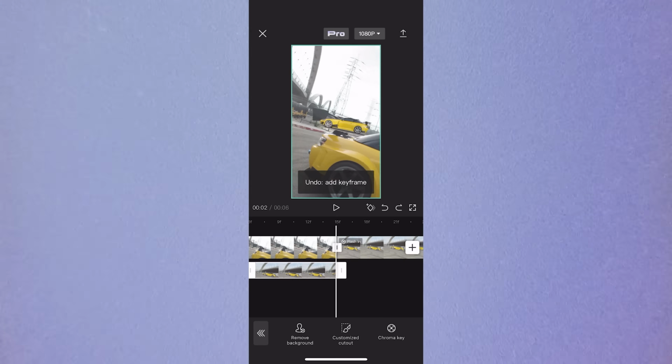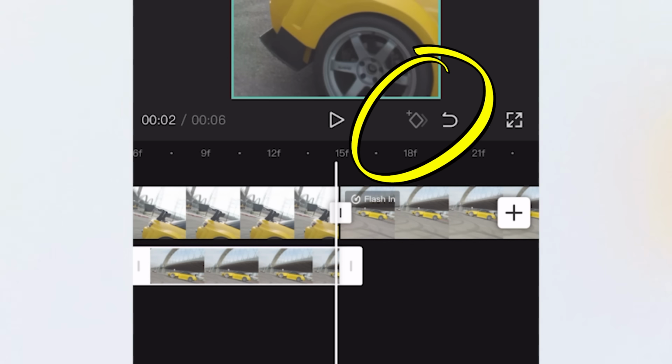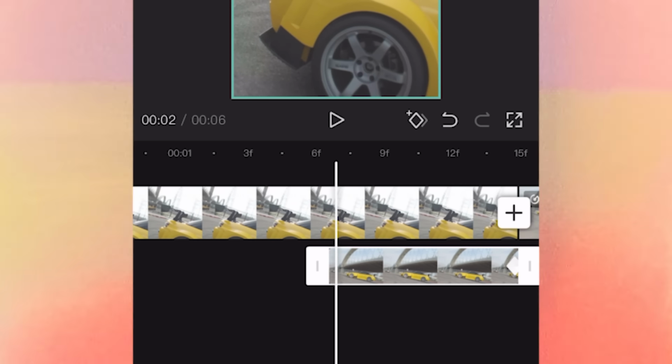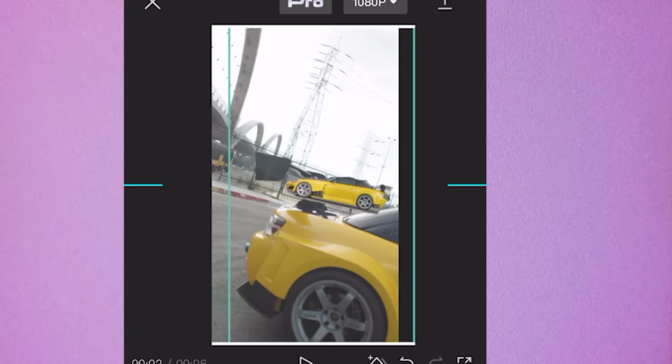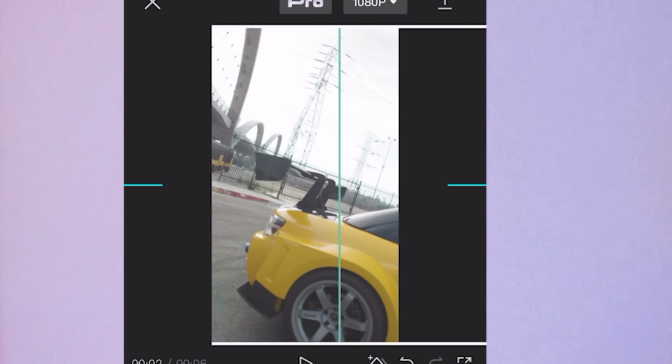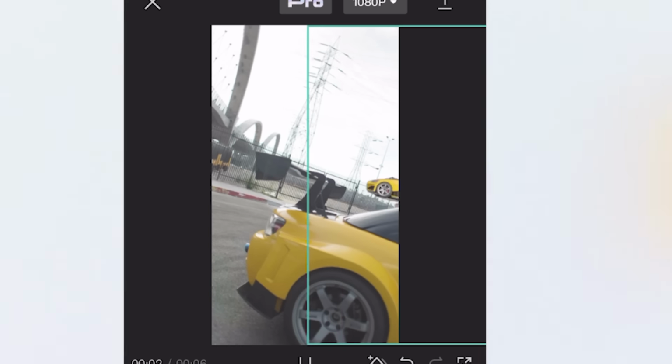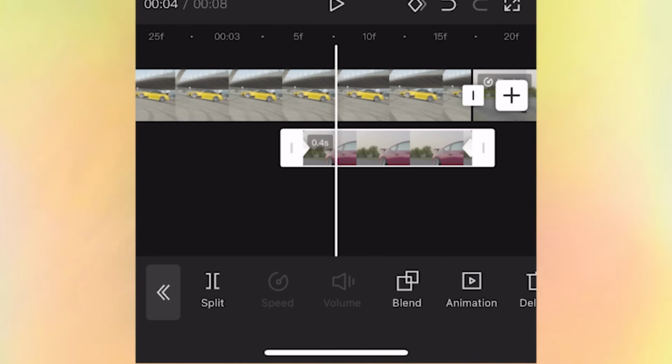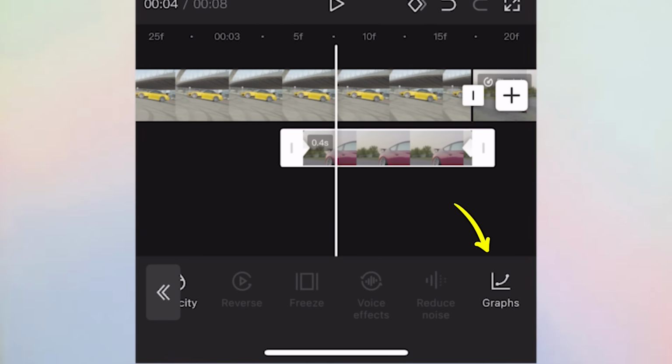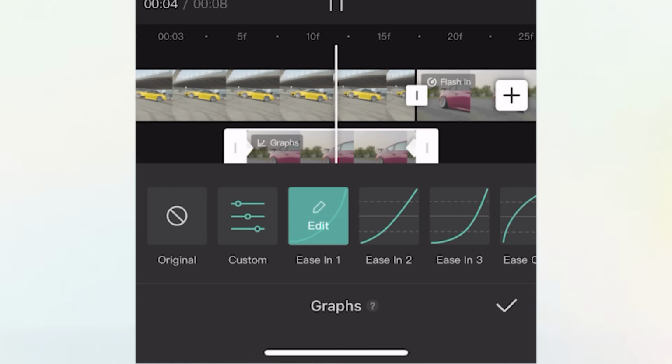Now we can go to right at the end of the clip where the car happens, and we can press this button here to add a keyframe. Now we can go to the beginning of this cut out car and we can press and drag the car out so that it moves out of the frame just like this. And also try to think it through such that when the car comes in, it is in the same direction as the next clip. Lastly, we can go to the curves section at the end and let's use easy ease to smoothen out the curves. Now if you press play,